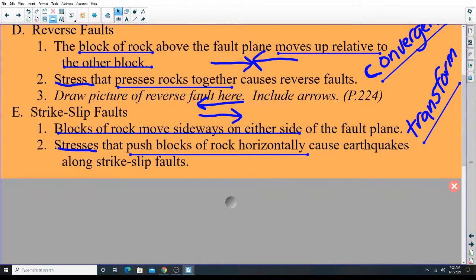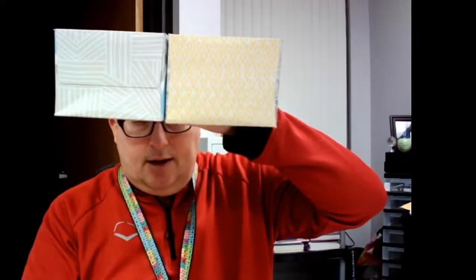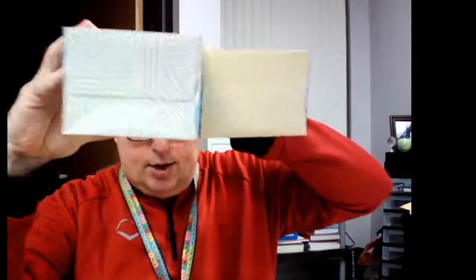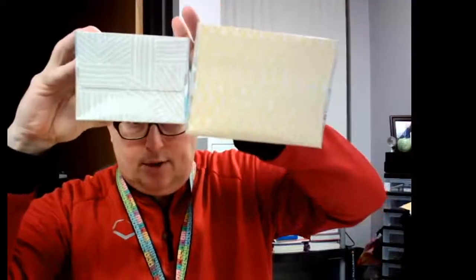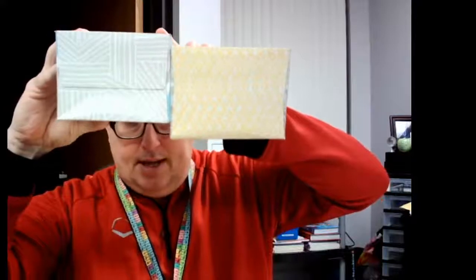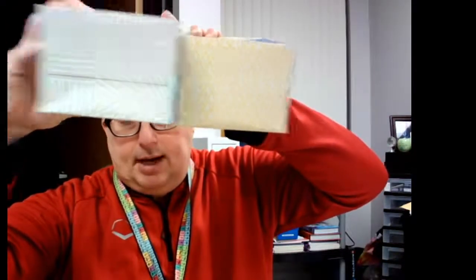But if you want to think about what it looks like here, if you're looking at our boxes of science, of faults, here's that fault plane. And what's happening is this box is trying to go forward. This box is trying to go backwards. So what happens is the stress builds up, and then eventually one slides past the other. And when that happens, you get stress released, and you get an earthquake, just like that.